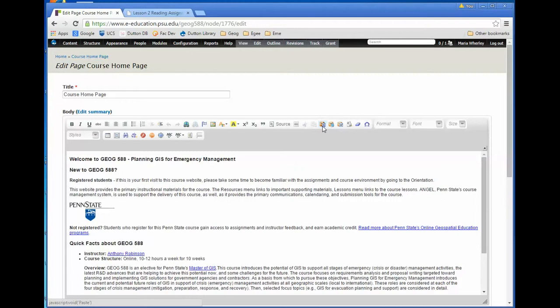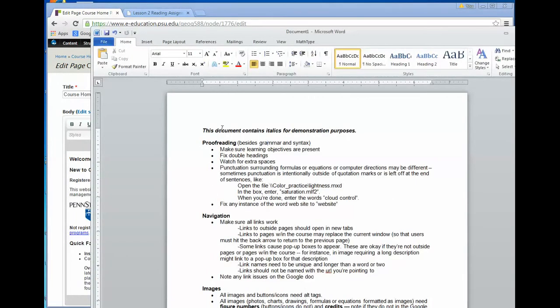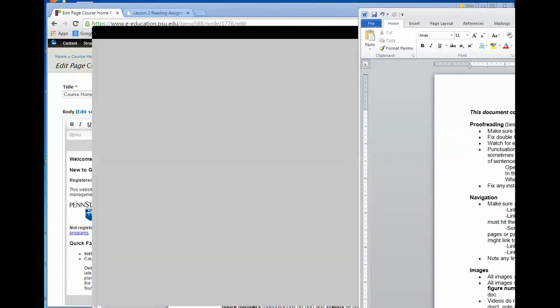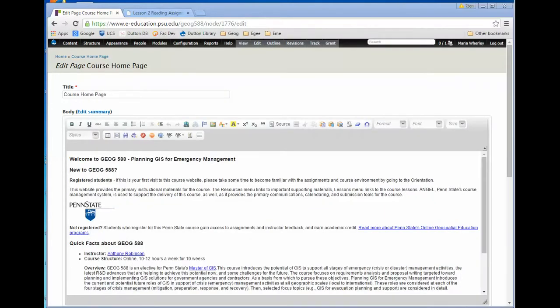So which of the remaining buttons should you use? Well, that depends on what you're doing. If you're pasting from a Word document that has lots of formatting in place, like this example, there's italics, there's bold, there are bulleted lists. If you're pasting something like that, and you're in Word, you want to use the paste from Word button, which is the one with the Word icon here on the right. If you're pasting basic straight text with little or no formatting,